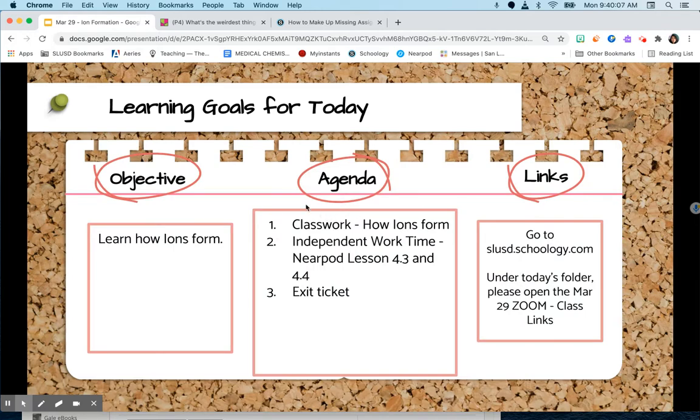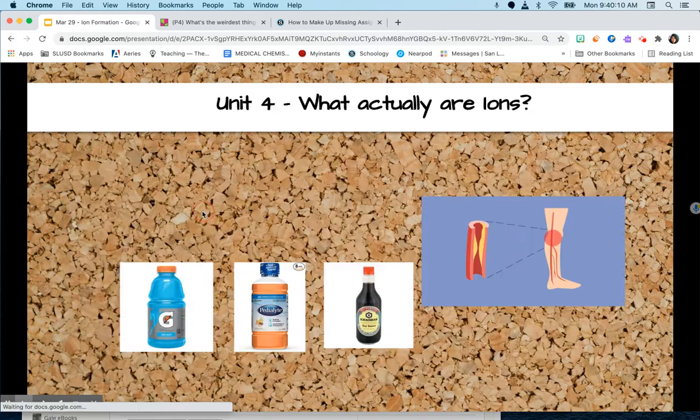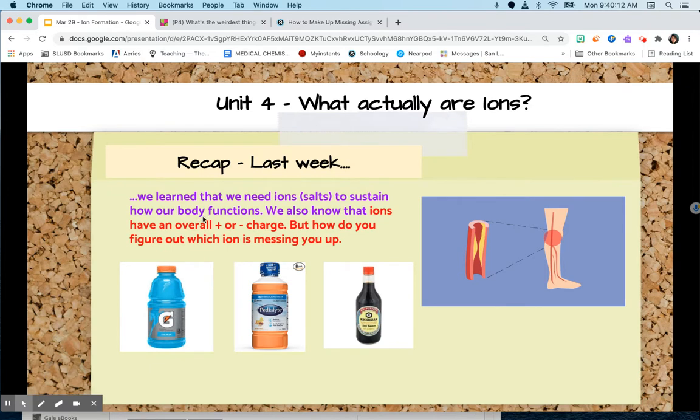So our learning goal today is to talk about how ions form. So far, to recap last week, we talked about needing salts or ions in order to prevent our muscles from cramping, right? And there are specifically 5 types of ions and salts that we need: potassium, magnesium, chlorine ions, sodium ions, and so forth,